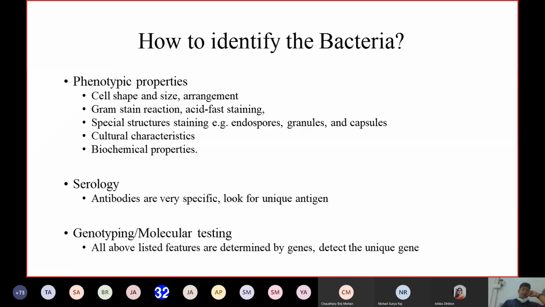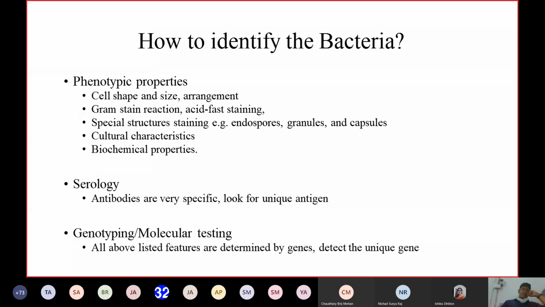Now, making it simple, in different serological tests, we test for antigen and we test for antibodies. When we use antigen to identify the organism, we look for a unique antigen, not a common antigen. And when we use antibodies to identify the organism, we look for antibodies against that unique antigen, so that by demonstrating the antibodies also we can identify the organism. So that is the basis of serology.